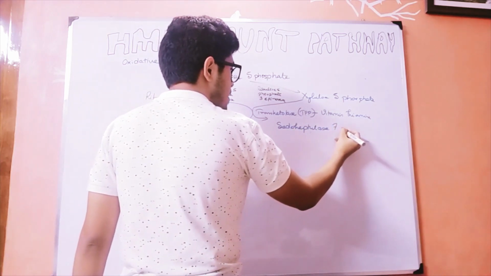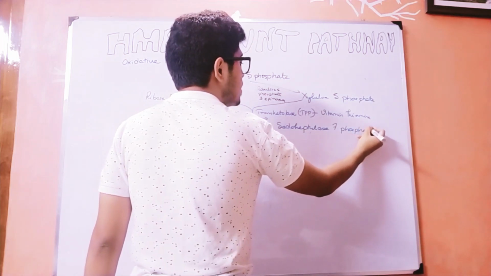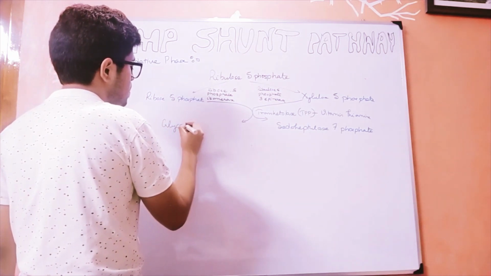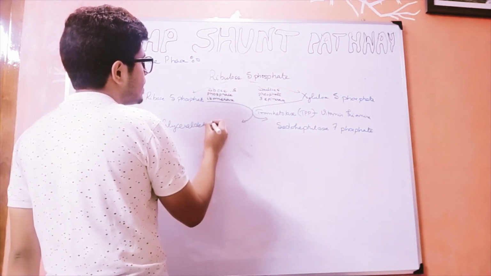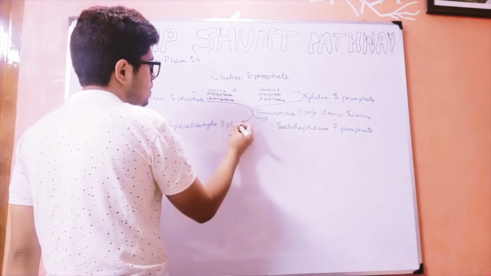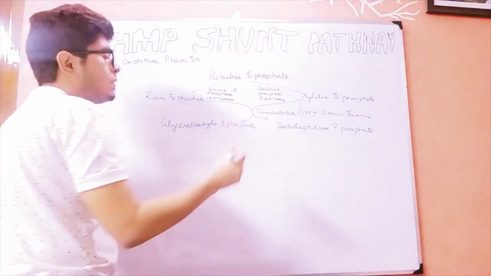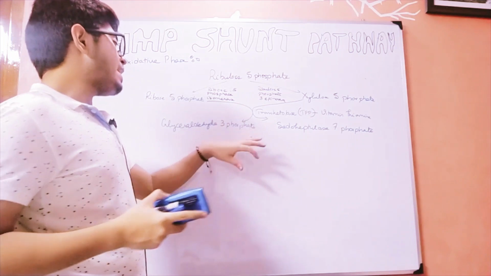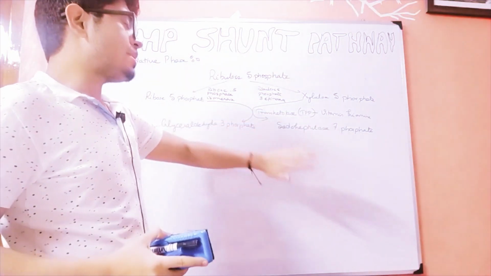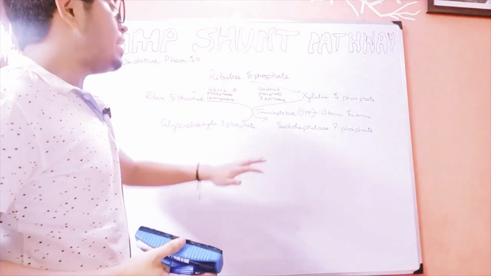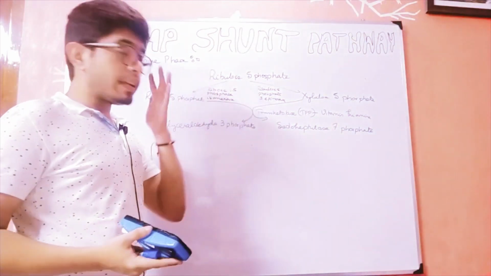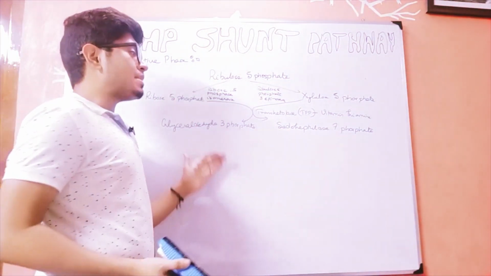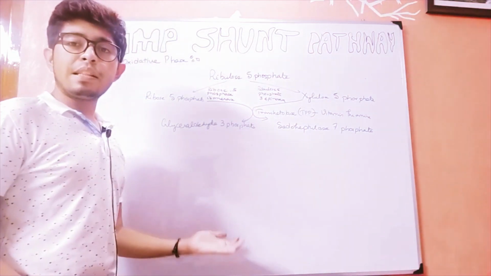pseudoheptulose 7-phosphate on one side and glyceraldehyde 3-phosphate on the other side. Here we obviously know that glyceraldehyde 3-phosphate and pseudoheptulose 7-phosphate, which are formed, one is an aldose and the other is a ketose. Glyceraldehyde, as its name suggests, is obviously an aldose, whereas the pseudoheptulose 7-phosphate is obviously a